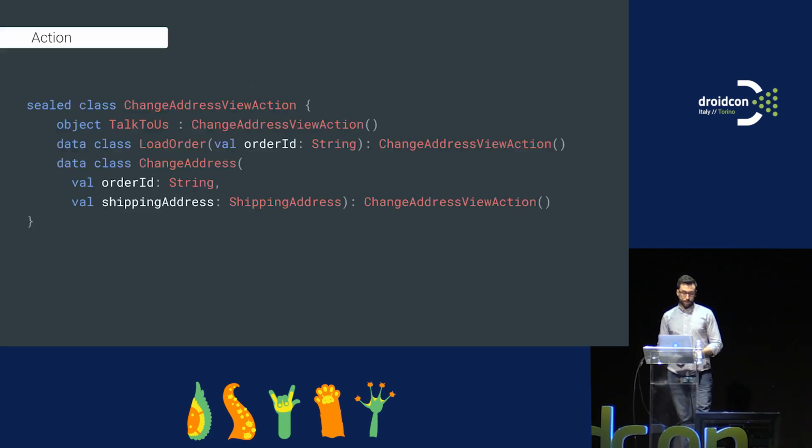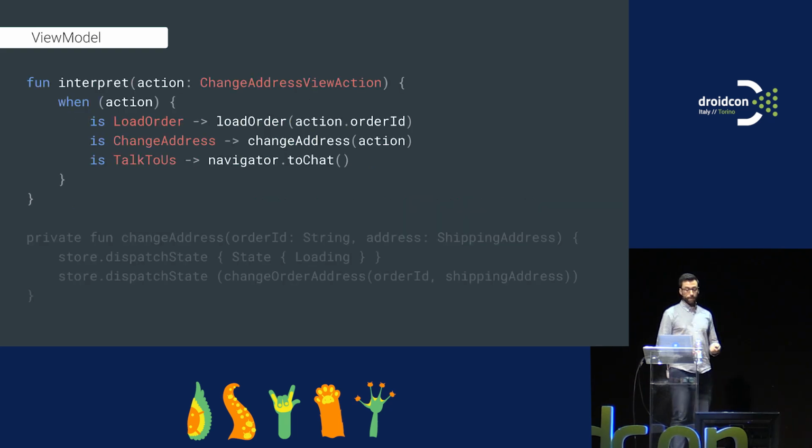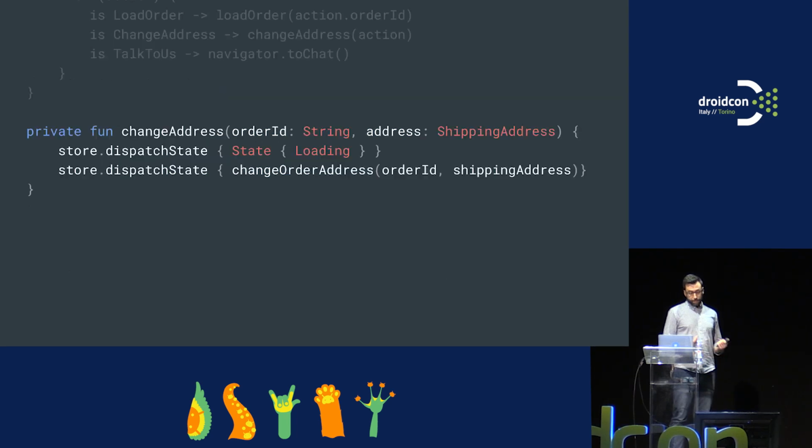So how can we do this? This is how the action would look. In this case, just to showcase it, we have options to navigate to different screens, but we also have options to interact with the screen that we are on. And the view model gets a bit more complicated than before. Now we have 3 different actions that we need to take care of, and we need to make sure that the store and the navigator, a class that would navigate to another screen, are also used.